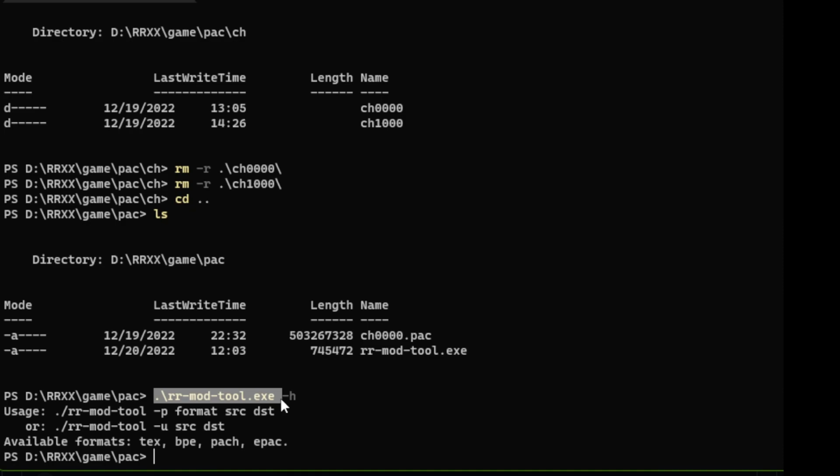This is text for the texture format, BPE, which I think is some sort of a compressed file of textures. In any case, these two kind of go hand in hand, the text and BPE. And then we have the packh and the epack formats, which are the two nested pack formats that are present within the pack file. So let's run our rrmod tool exe to unpack the first level of the pack